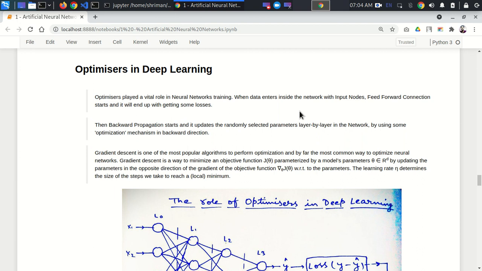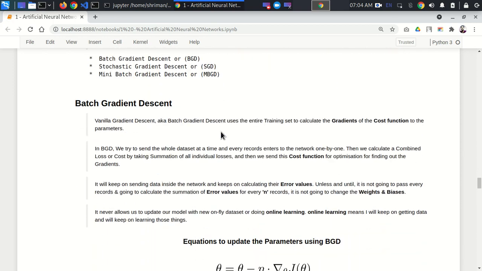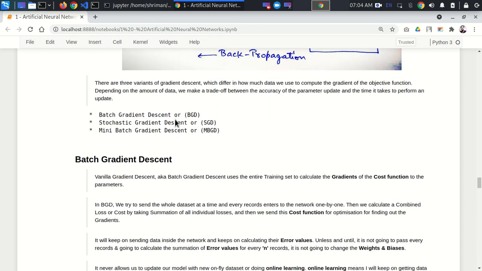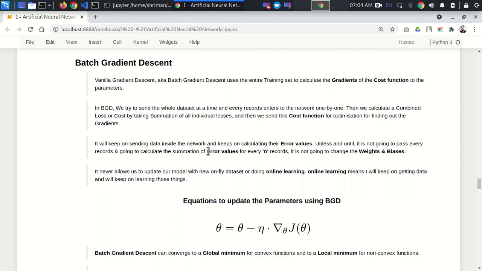Okay, so now let's move forward in this section. We will discuss some more topics in terms of optimizers. As in the previous session, we discussed the vanilla versions: batch gradient descent, stochastic gradient descent, and mini batch gradient descent. I have discussed each of them, how they vary from each other, and how they